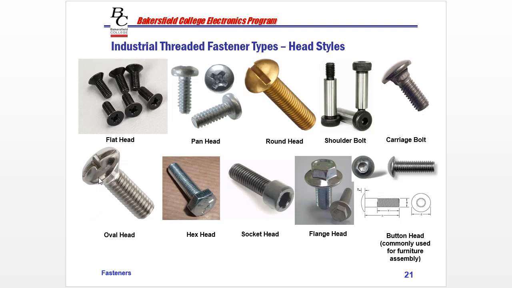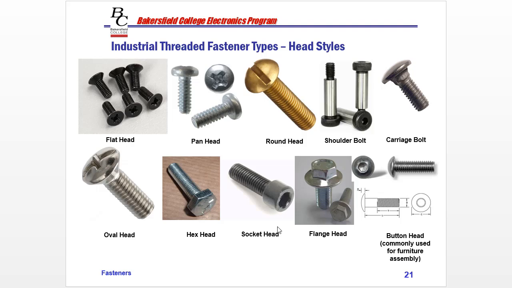Here's an oval head. So you can see the difference between the flat, the pan, and the round, and it's kind of more of an oval shape underneath and on top. Here's our standard hex head. And here's our socket head, where we would use an Allen wrench to go in there and turn it,